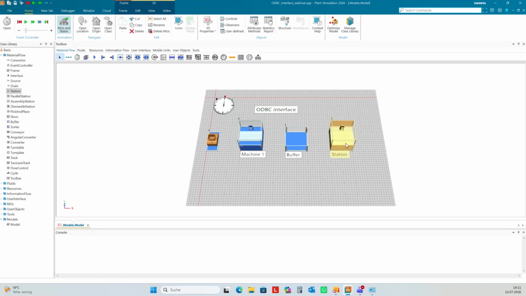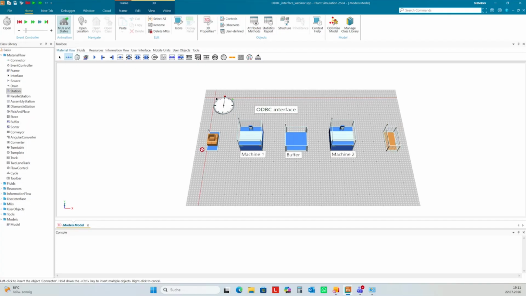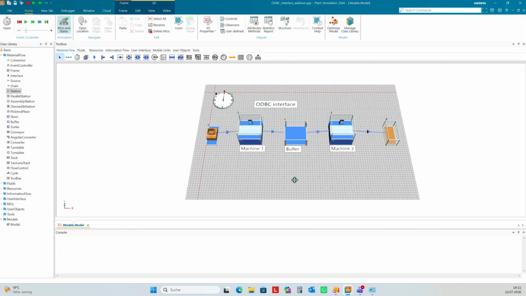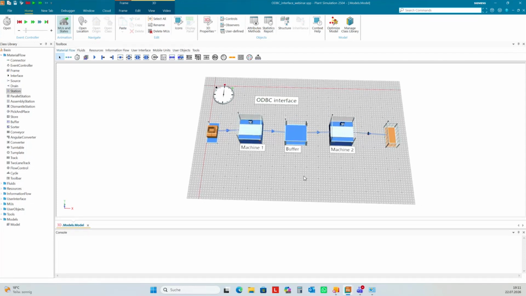And I want to have a machine 2. And one train. Okay. To connect